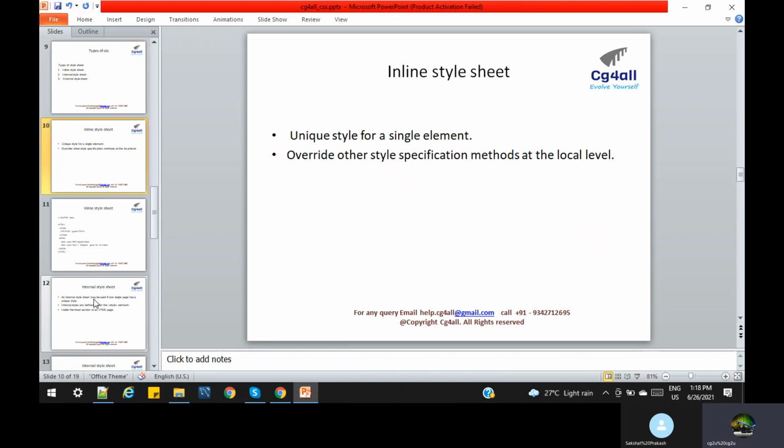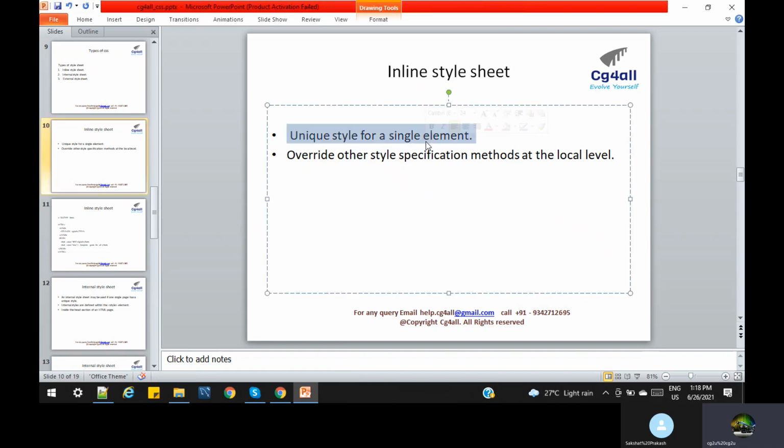First is inline CSS. Inline CSS is basically in a single line. Suppose we have an element that needs a specific color or a specific text size. Then we will use inline CSS. Inline CSS is the most powerful compared to the others. If we have the same CSS available in internal or external, the inline one overrides it, like a local variable or local method. So if any element needs a unique style, we can handle it with inline CSS. Now let us understand with an example.